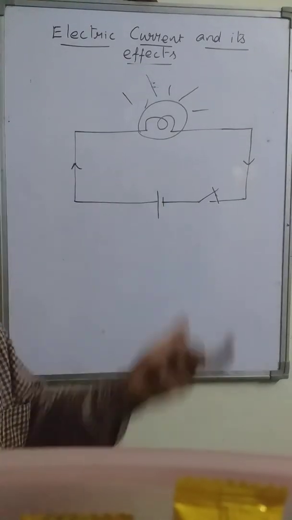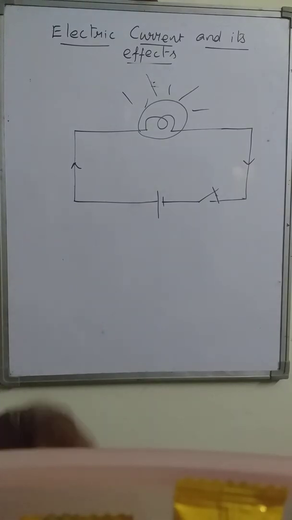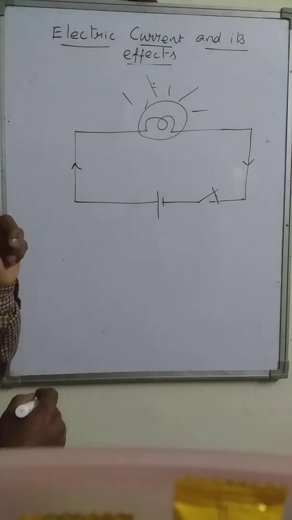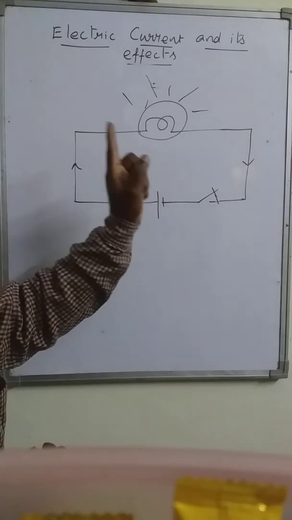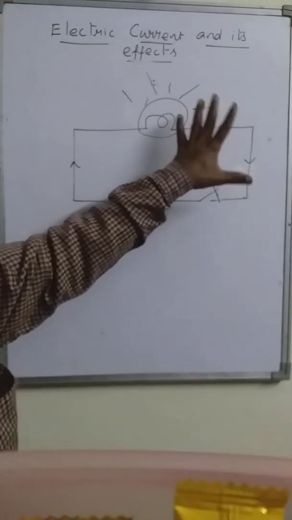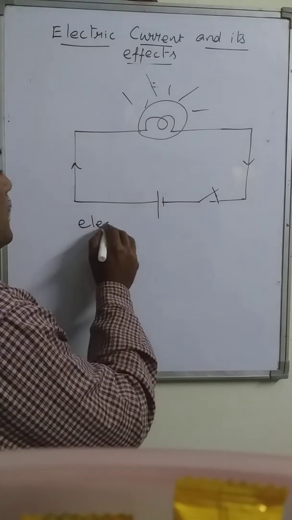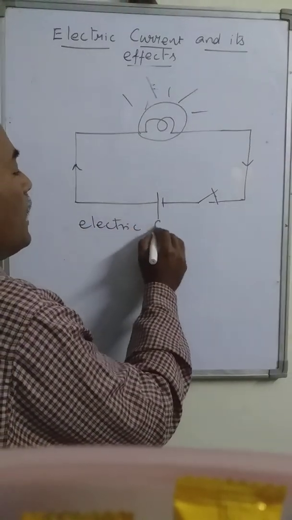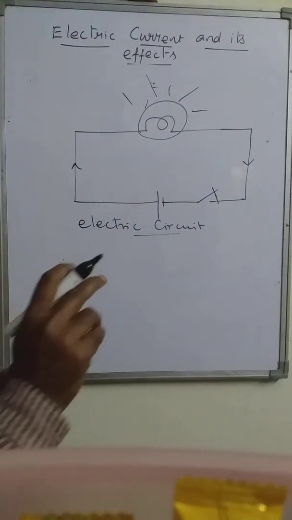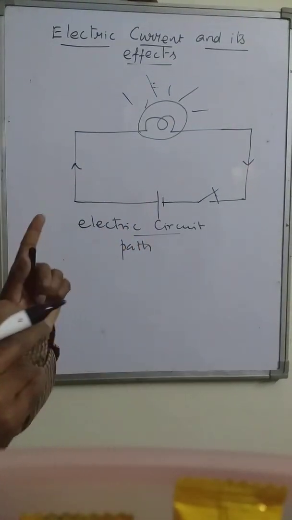Here we are using a limited number of components. There may be some more components also, but at this level you have only these components. That closed path along which the electric current flows, consisting of a number of components, is known as an electric circuit. This is known as an electric circuit. So an electric circuit is the path along which the electric current flows